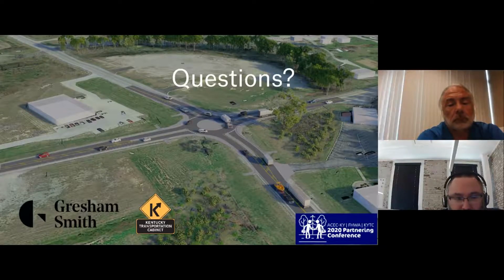Another one. This is Steve Hall. Are you finding the public more receptive now that we have some roundabouts on the ground, and that it's not this crazy concept that some stupid engineer came up with? I'll answer first, but I want the others to weigh in on this too. But I think, absolutely, in the communities where they've been added,